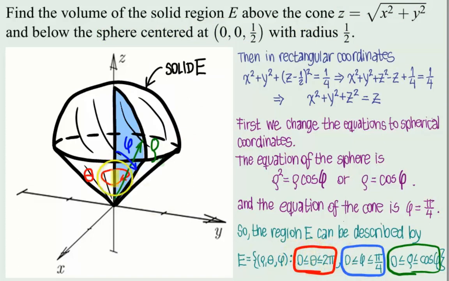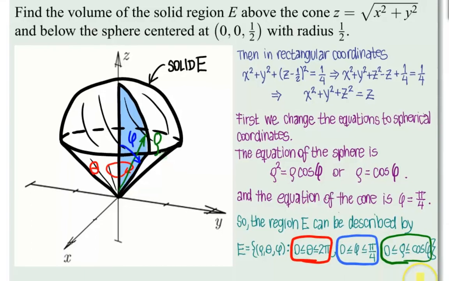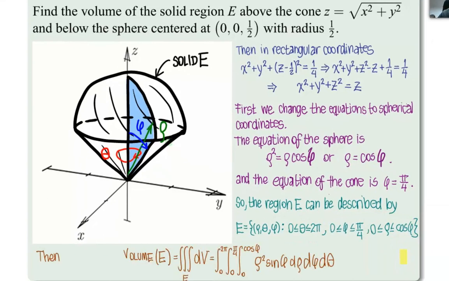Theta is going to move from 0 to 2 pi, so you're going to go all the way around. Phi is going to move from 0 to pi over 4, so it's going to start here and angle up to pi over 4 with respect to the positive z-axis. And rho is going to go from 0 up to the sphere, but the sphere, remember, is cosine of phi. So now we just set up the integrals, and the volume is going to be the triple integral over